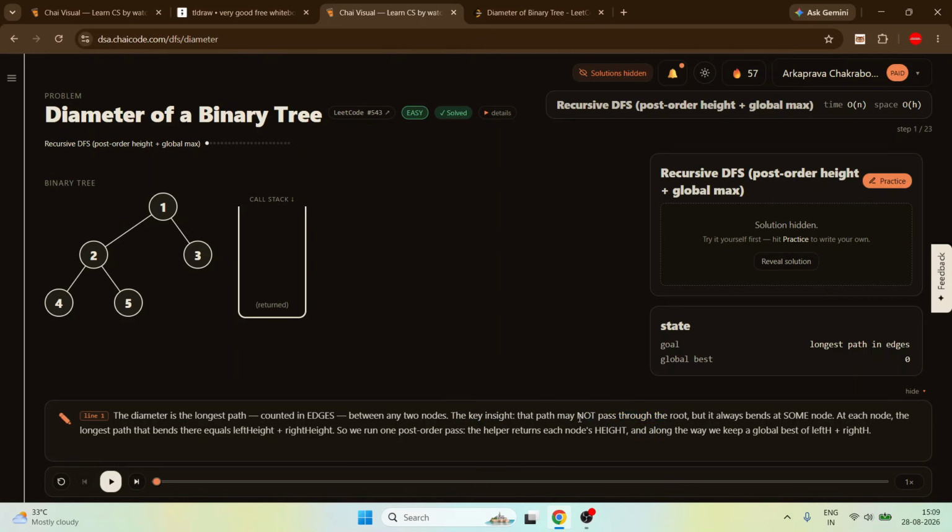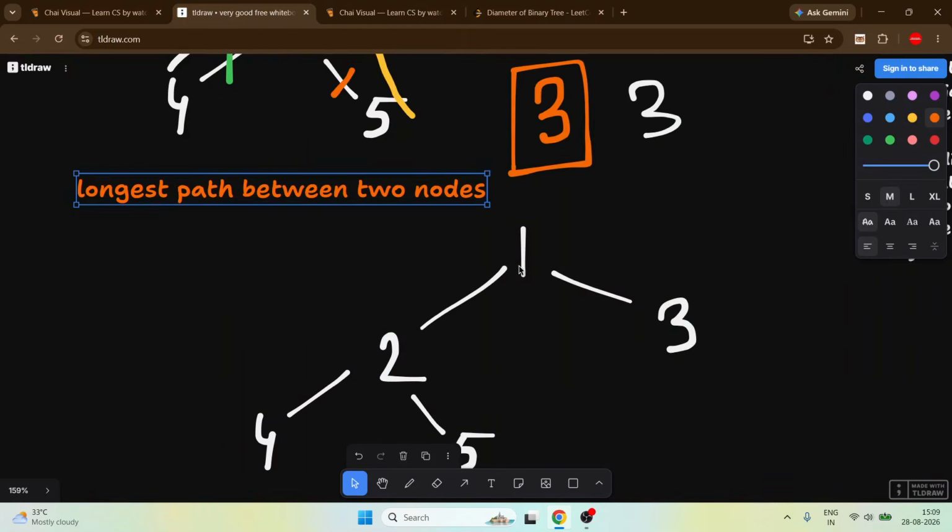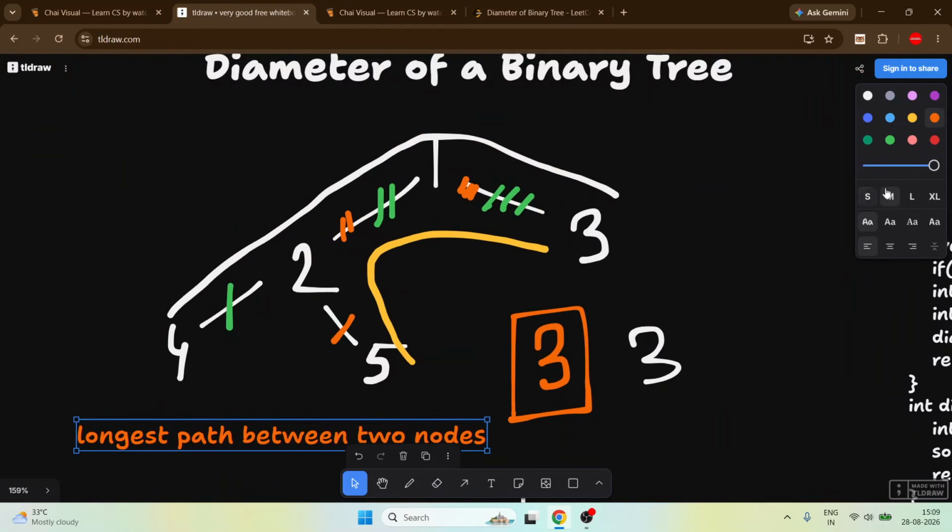The path may not pass through the root, but it always bends at some node. At each node, the longest path that bends there equals left height plus right height. So we run one post-order pass. The helper returns each node's height, along with which we keep a global best of left height plus right height. Okay, so what does it want to say?